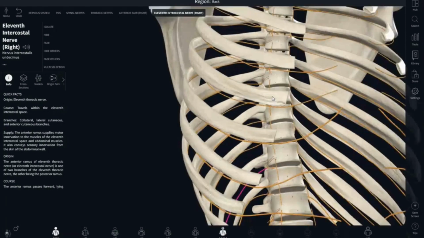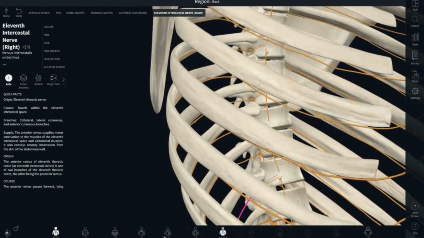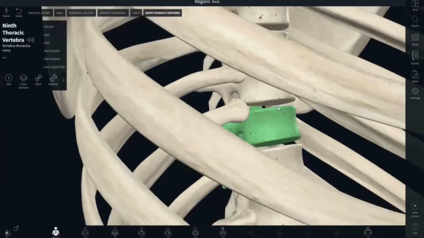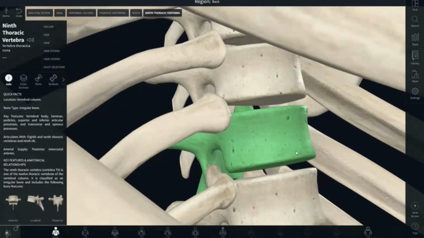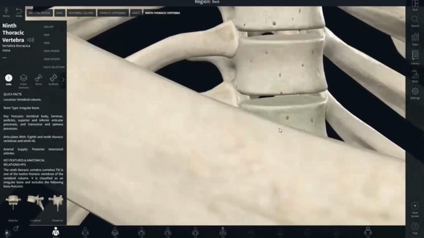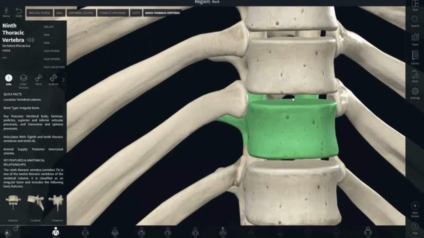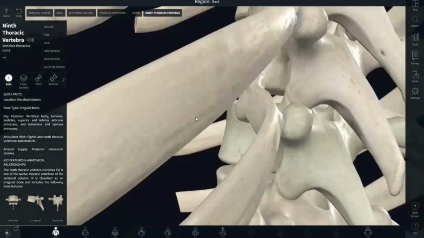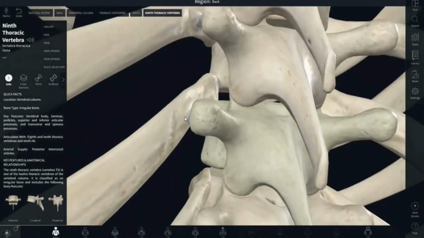In between the vertebral bodies, as we zoom in, and let me take off the nerve also here. If we zoom in, this is a vertebral body, and you see a space between the vertebral body above and below. This space is made up of the intervertebral disc, and we'll talk at length about the intervertebral disc and its significance. The vertebral bodies of the thoracic spine are a little different in some ways than the